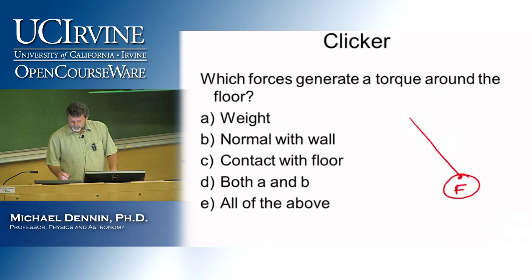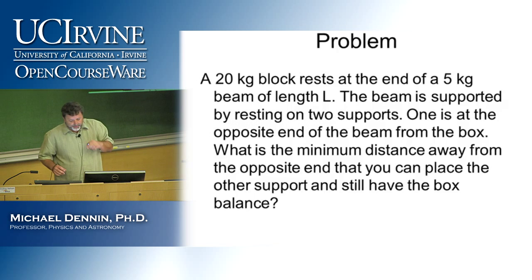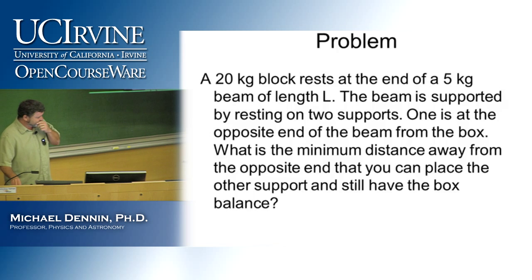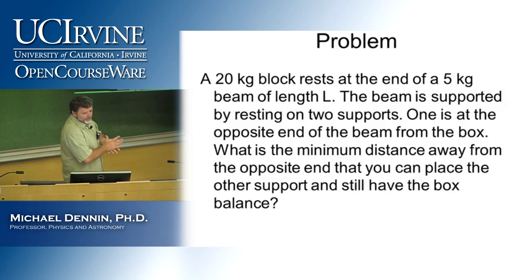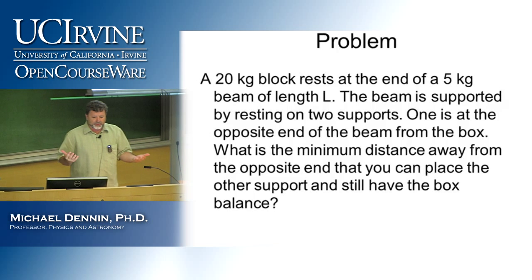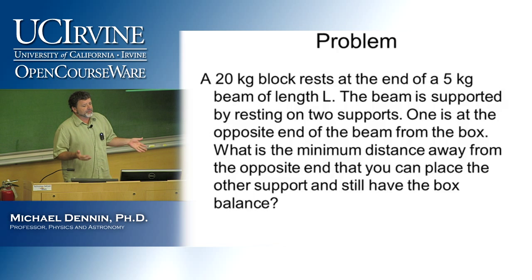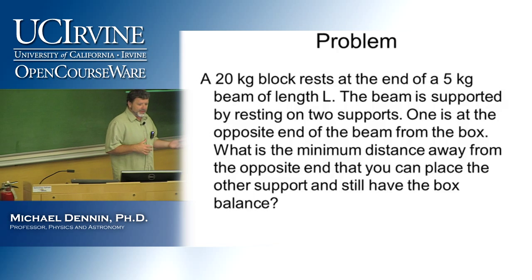Now, let's go. So there was that one. We did some of those. Okay, let's go to our second problem. A 20 kilogram block rests at the end of a 5 kilogram beam of length L. The beam is supported by 2 supports. One is at the opposite end of the beam from the box. What is the minimum distance away from the opposite end that you can place the other support and still have